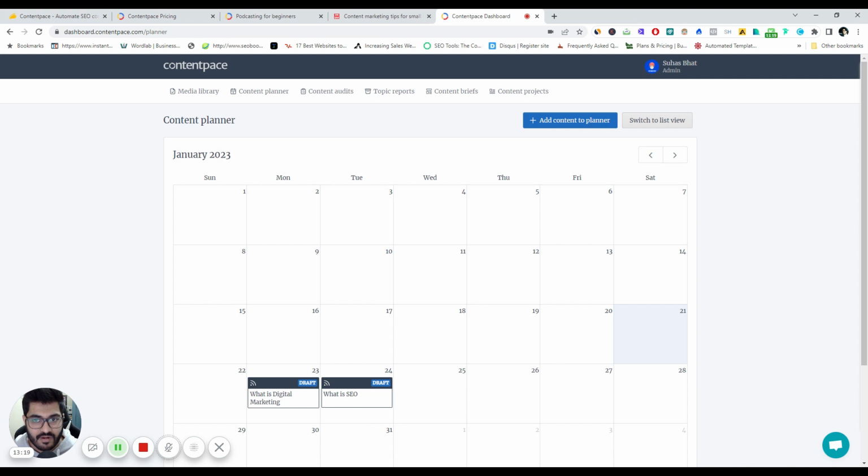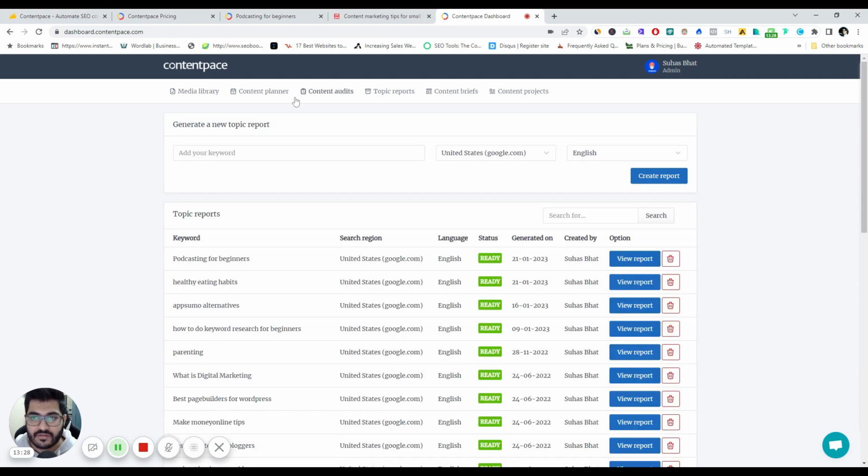From my end, I would love to give 5 stars for this product because I've been seeing this product growing over a period of 1 year. They've polished the product. Now it looks much better. They've rebranded. The product works as expected. The main usage of this product, at least for me, is to create the content briefs in a very short span of time and start giving those briefs to my writers so that they can start adapting those briefs and start churning content in no or very little time. So it's quite a time saver,